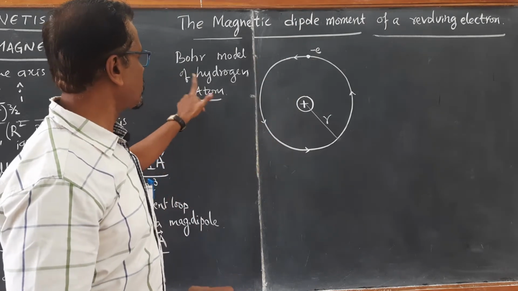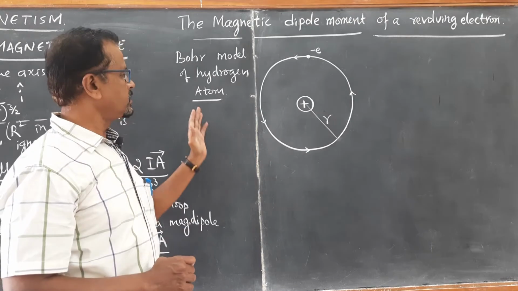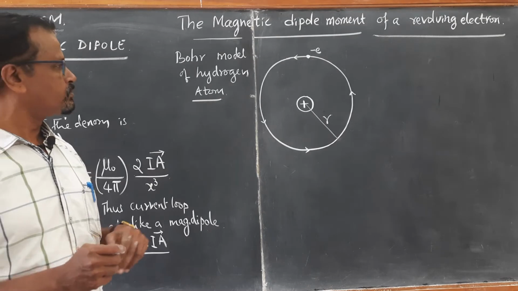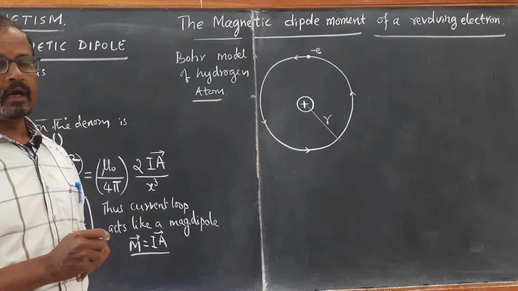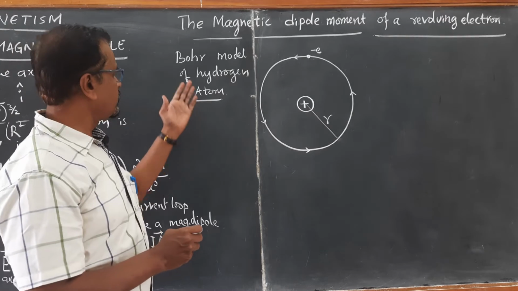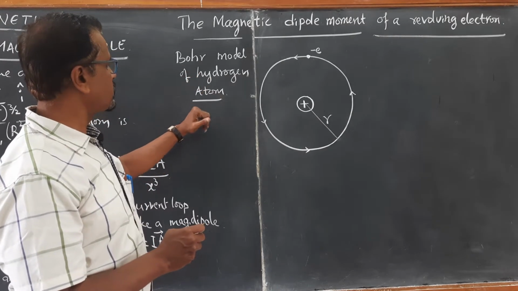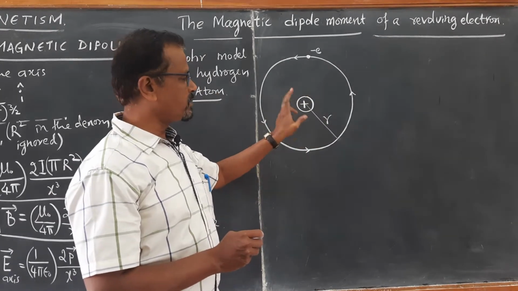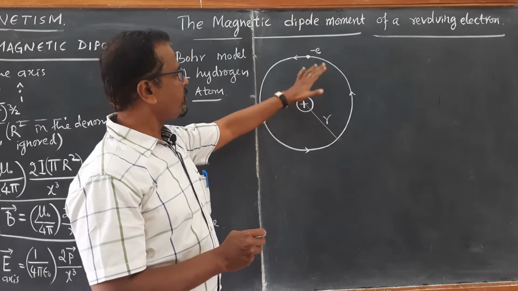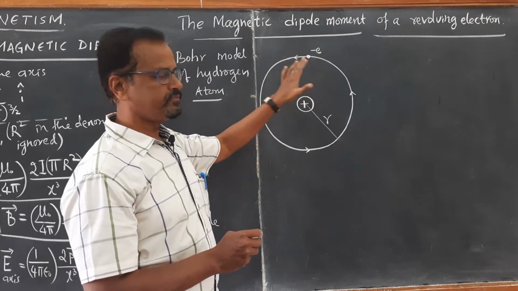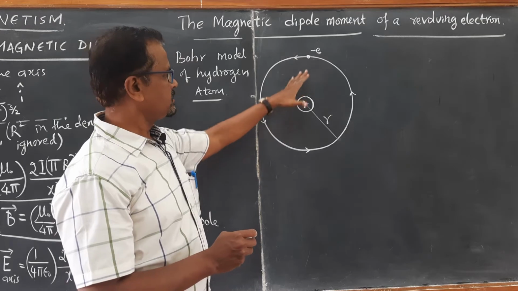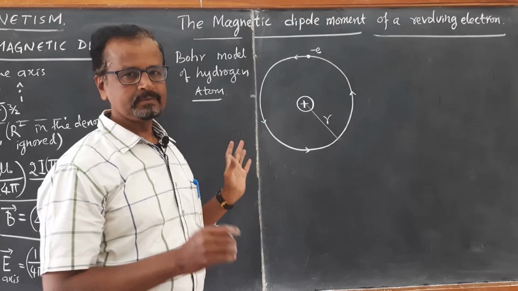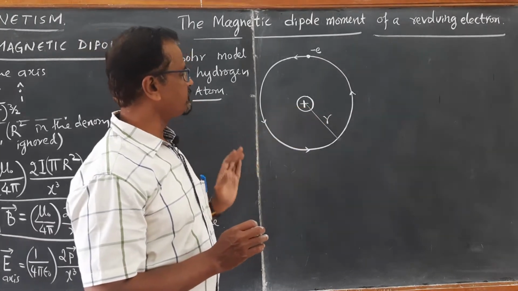So, consider the Bohr model of the hydrogen atom. In 1911, the Danish physicist Niels Bohr proposed an atomic theory, Bohr's model of the hydrogen atom. At the center there is a nucleus having one proton for hydrogen, and the one electron of hydrogen revolves in its own fixed orbit. Let us say the electron is revolving in a simple circular orbit of radius r.